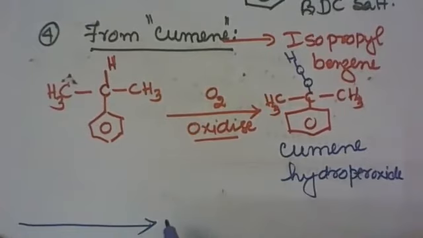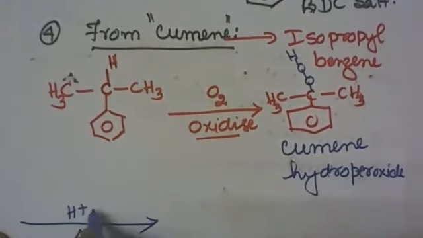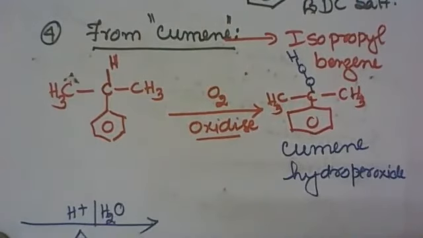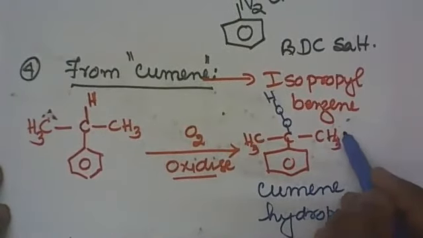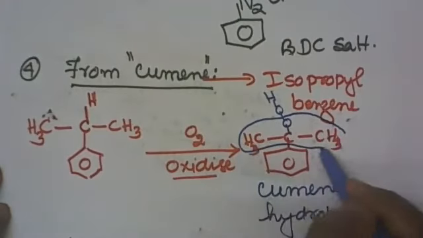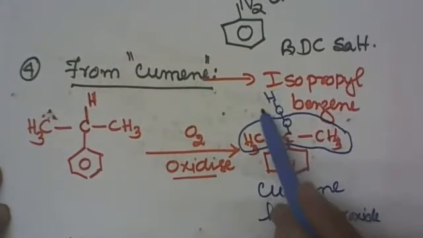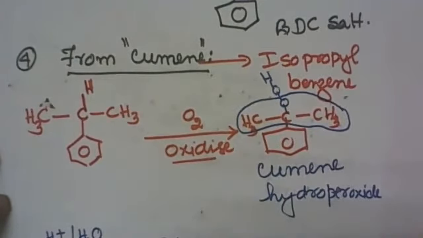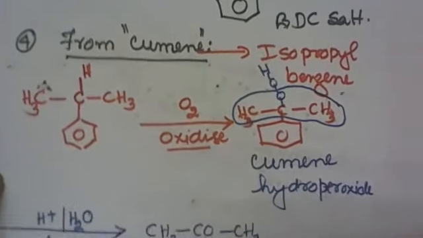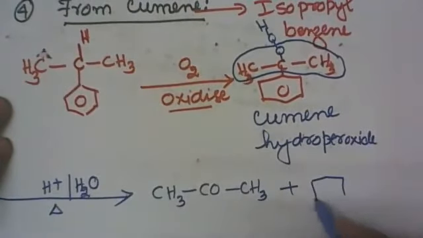What is done? We have to heat this in the presence of acid medium, or we can carry out acid hydrolysis. So it is heated with dilute acid. Now what will happen? See here carefully. The bond breaks like this. CH3COCH3 comes together. Then this OH will be attached to the benzene. So I'll write the side product first: CH3COCH3 comes together. Then there remains the benzene ring with the remaining group OH here. We get phenol.